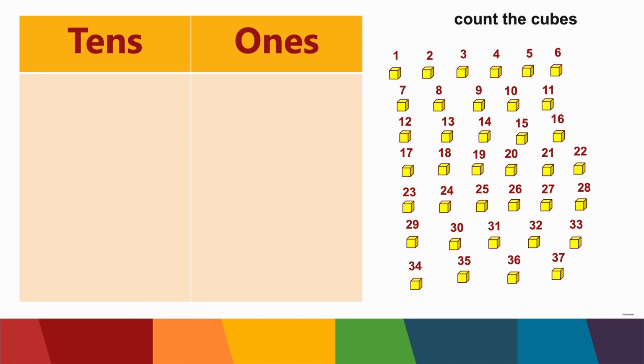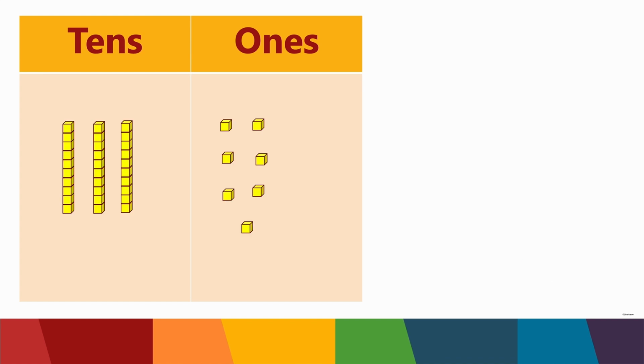We can just look at the number 37. We would know that the 3 is on the left, so that's in the tens column. So it should be 3 units of 10 with 7 left over. I just taught you the shortcut. You can look at the number itself and figure out how many tens and how many ones there are by knowing place value. There are 3 tens and 7 ones. And it should look like this, 37.